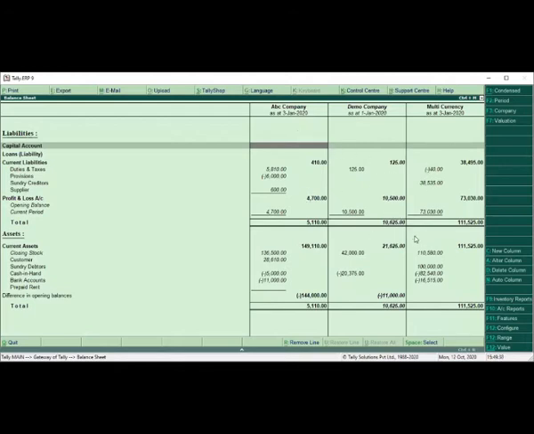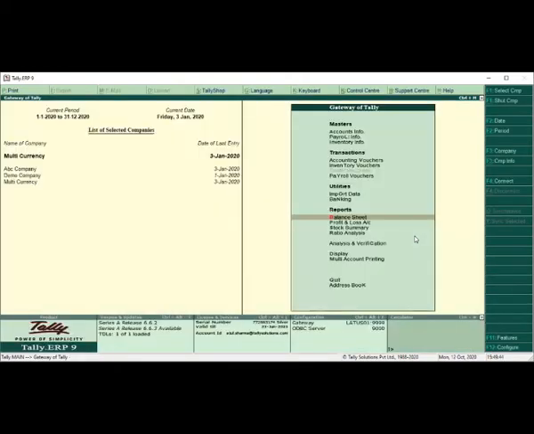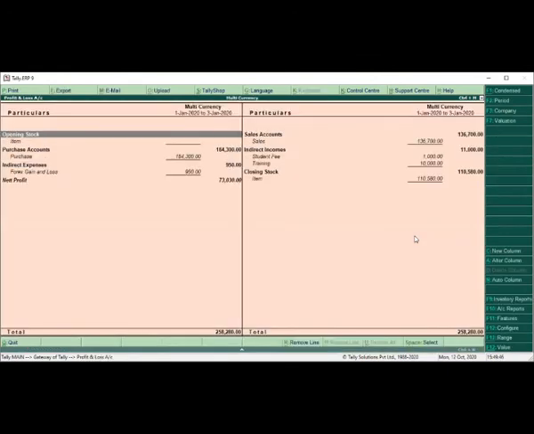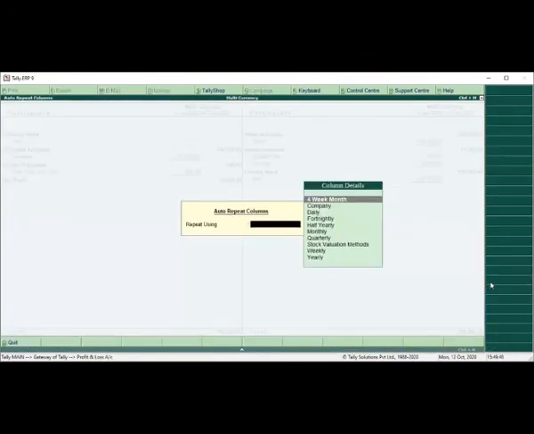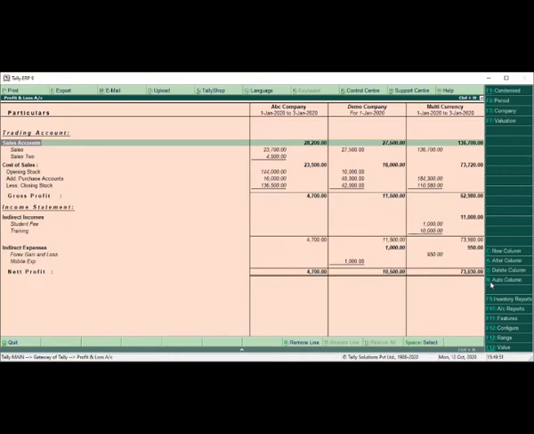As per that you can compare which company you are getting what, the current situation. In the same way you can go to profit and loss account, new column. If you want to see the profit and loss account for 3 different companies, and compare in which company you get more benefit or loss, you can get to know in one click. You will get all the details.